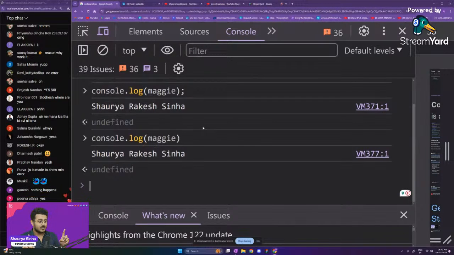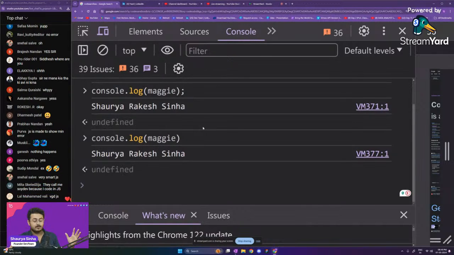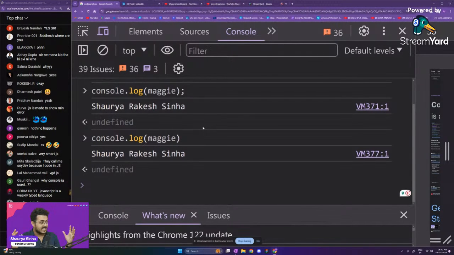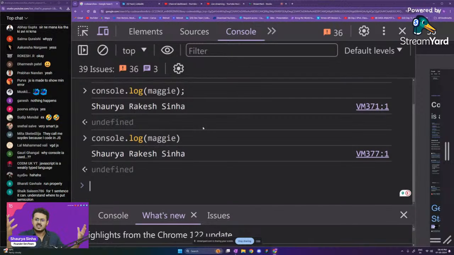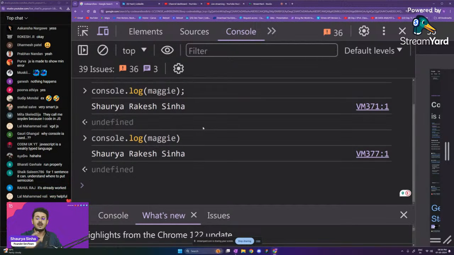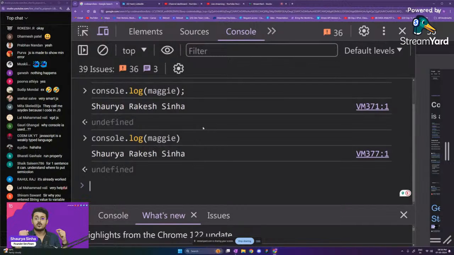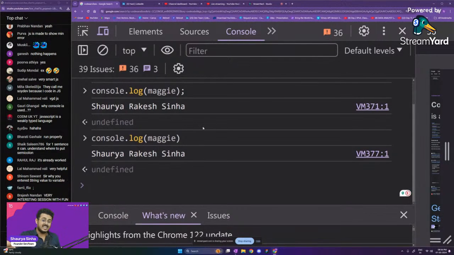But when you are writing big projects, projects where one particular page has lakhs and lakhs of lines of code, in that case, if you are forgetting to put the semicolon, you might end up in particular places where your code is giving you errors, where your code is not working properly. Because JavaScript won't be able to understand the right place to put the semicolon at some places throughout your code, and you might end up with some errors.